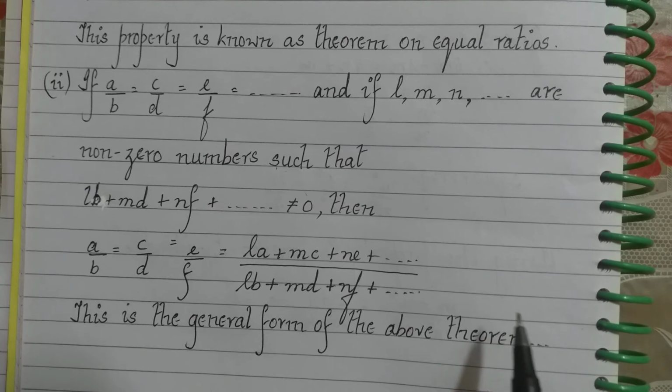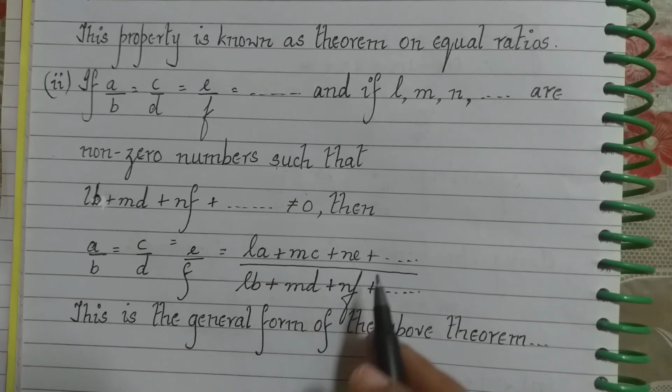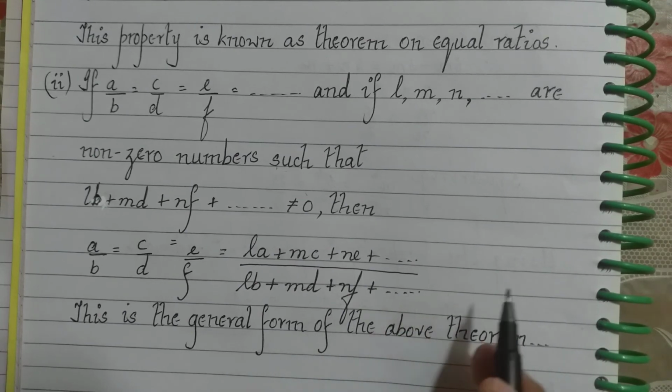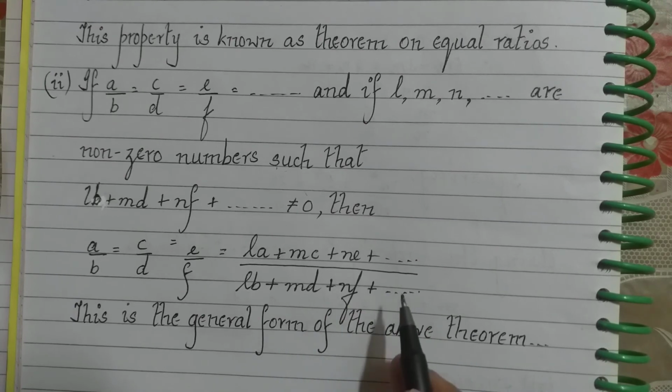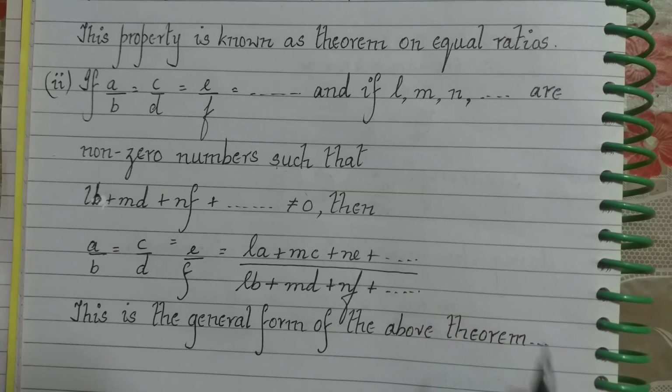Now, one important point I want to say while using this theorem on equal ratios is whenever we use this theorem, we are supposed to specify "by using the theorem on equal ratios, each ratio equal to". Many a time students are not writing the statement, directly writing the answer. This statement, by using the theorem on equal ratios, each ratio equal to, is very important. We'll see in the sums where we are using that. Let us go to question number 3 where we have 5 subdivisions.